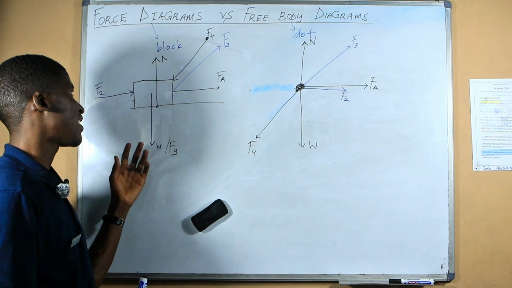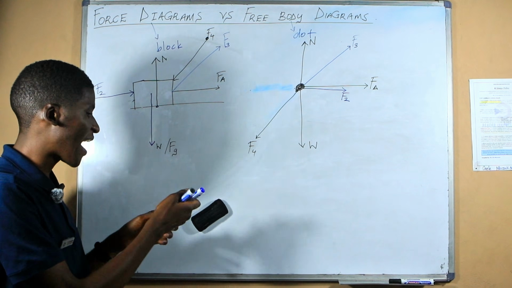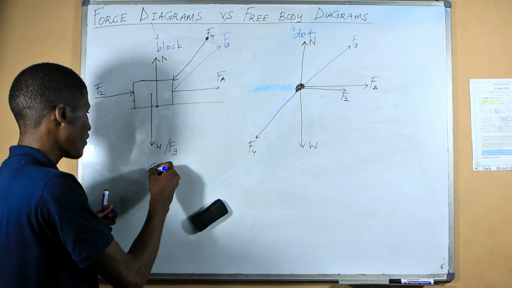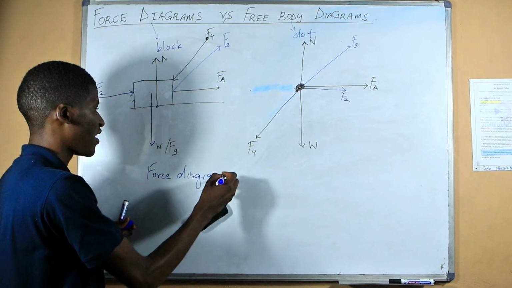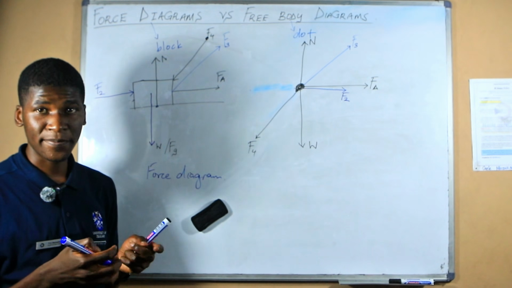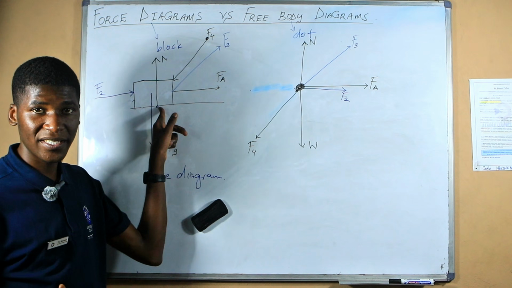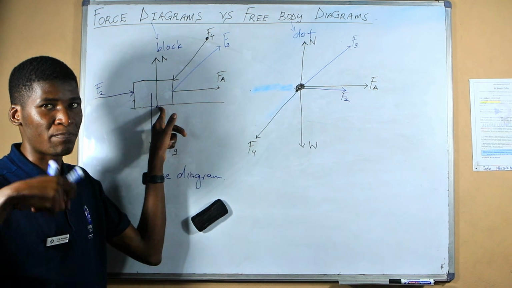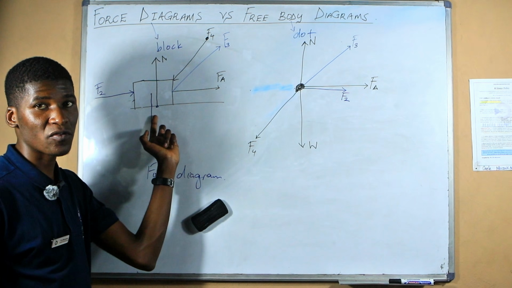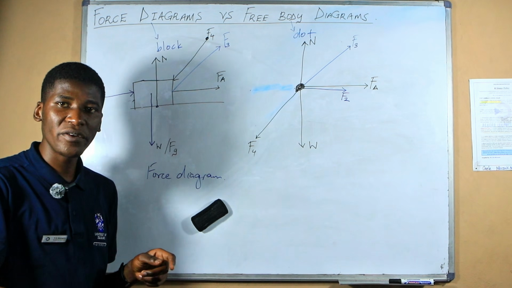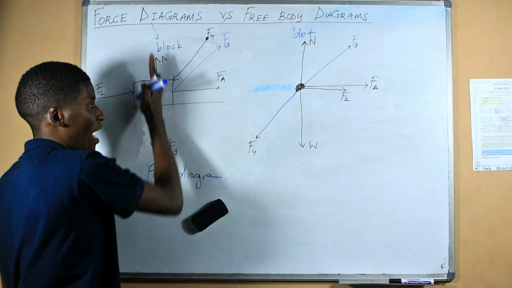It's always pushing the objects down to the surface of the earth. Okay, when you are representing the normal force in a force diagram, it must start at the surface, because we say that the normal force is the force exerted by the surface on an object in contact with it. It's perpendicular, so it must go opposite to the gravitational force. Gravitational force is going down, normal force is going exactly up, vertically up in this way.